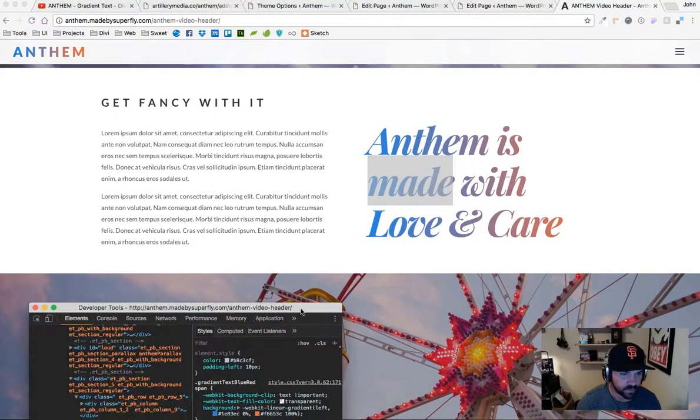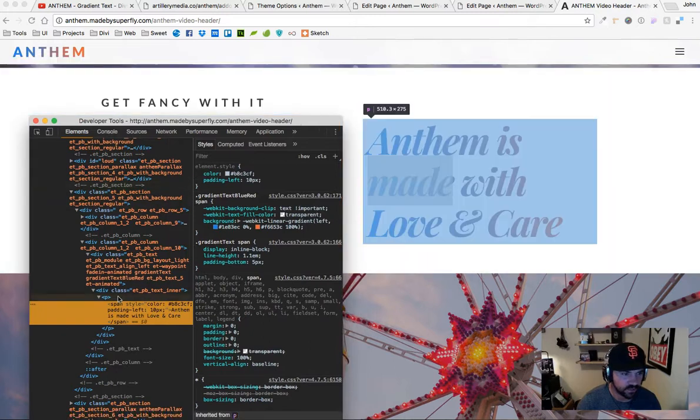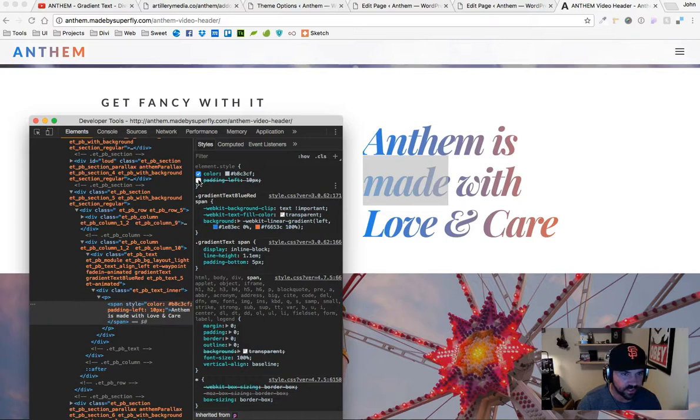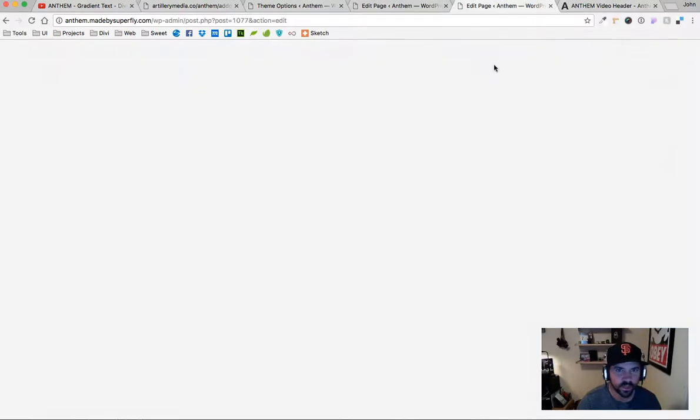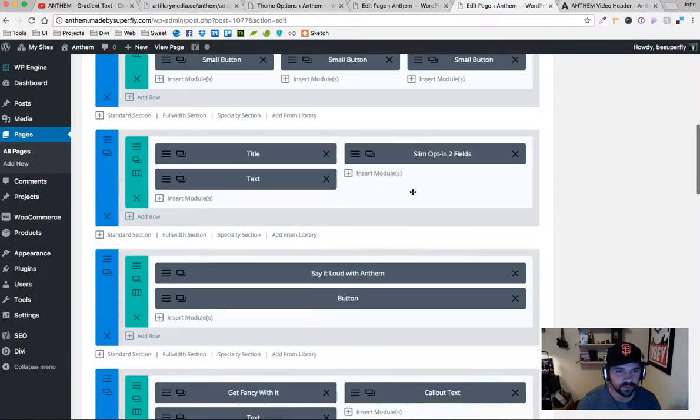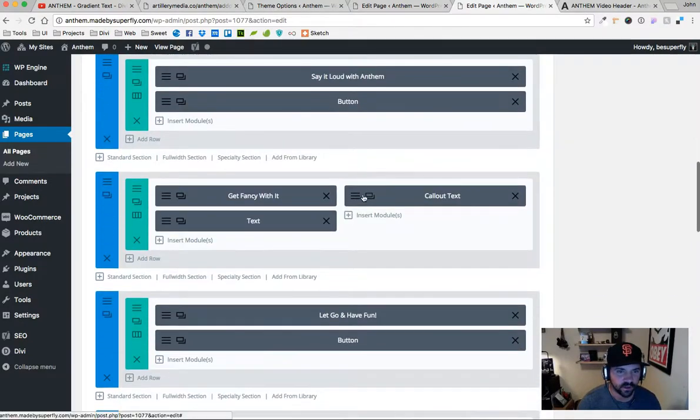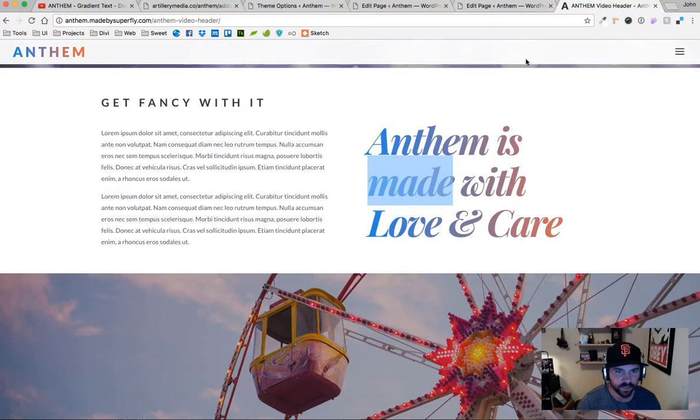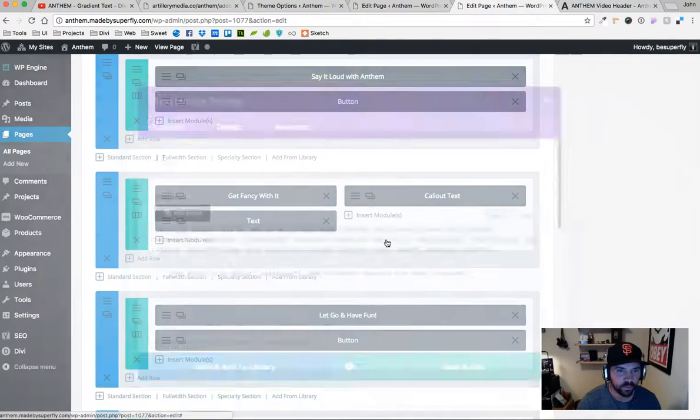So this one, when I inspect it, you'll see that it has the span style color, and then it's got this padding left 10. And if I take that off, you'll see it starts cutting off the letters. So I'm going to show you how I added that quickly. So here's this callout text. That's this area here. If I open that,